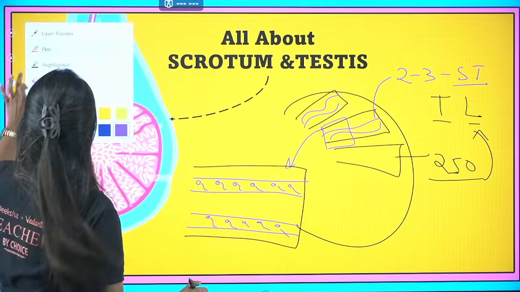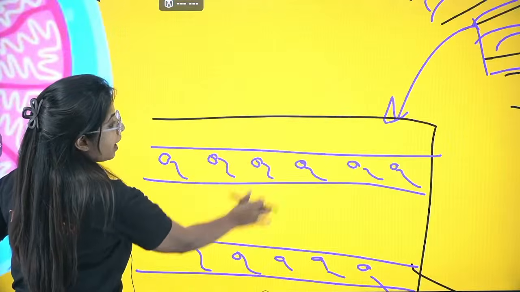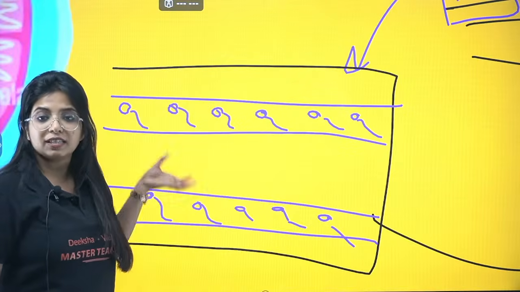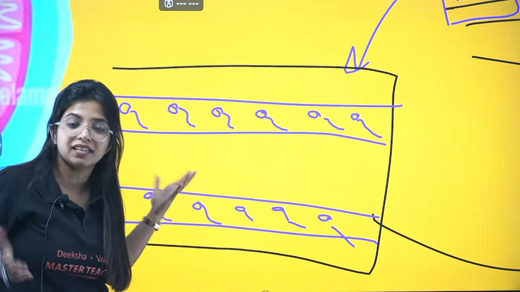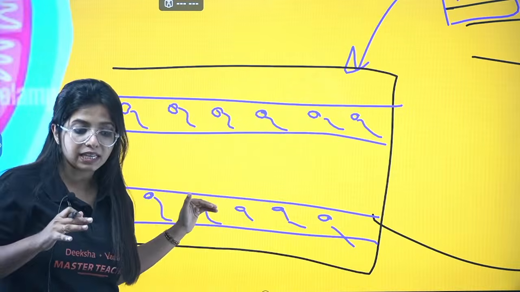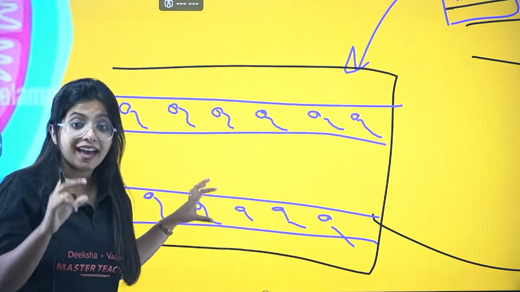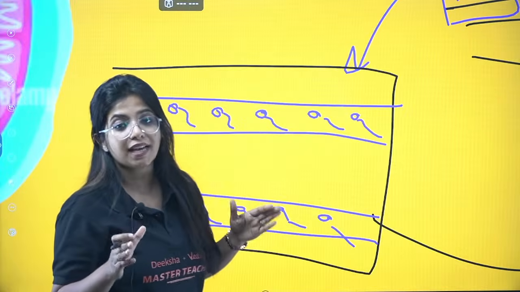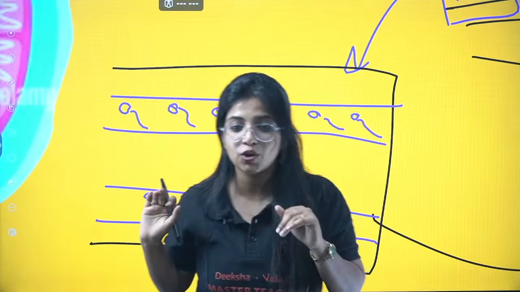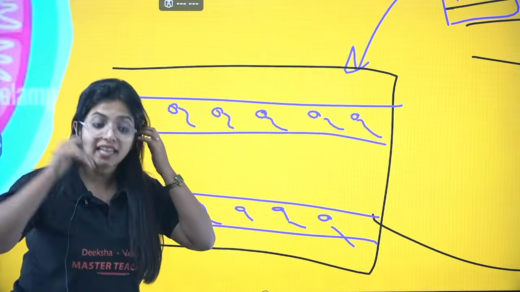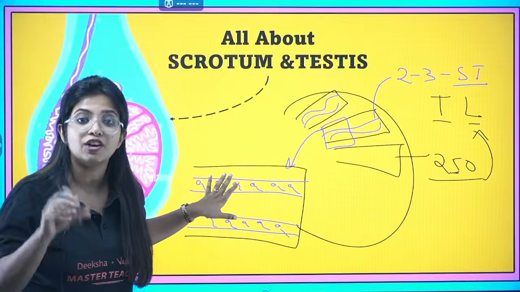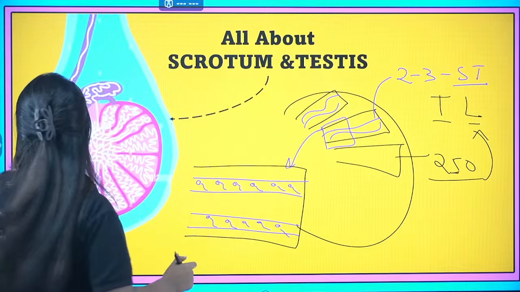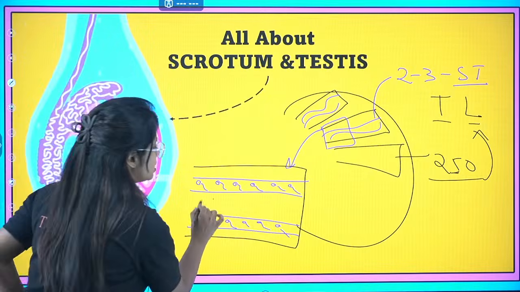Now, what is the thing that you have, ma'am? This space that you have inside the testicular lobule, this space is entirely free, right? Nothing is there, or what? Something is there, something very important is there. First of all, what do you call the space as? You call the space as interstitial space. And inside the interstitial space, what do you have? You have certain cells which you call as interstitial cells.